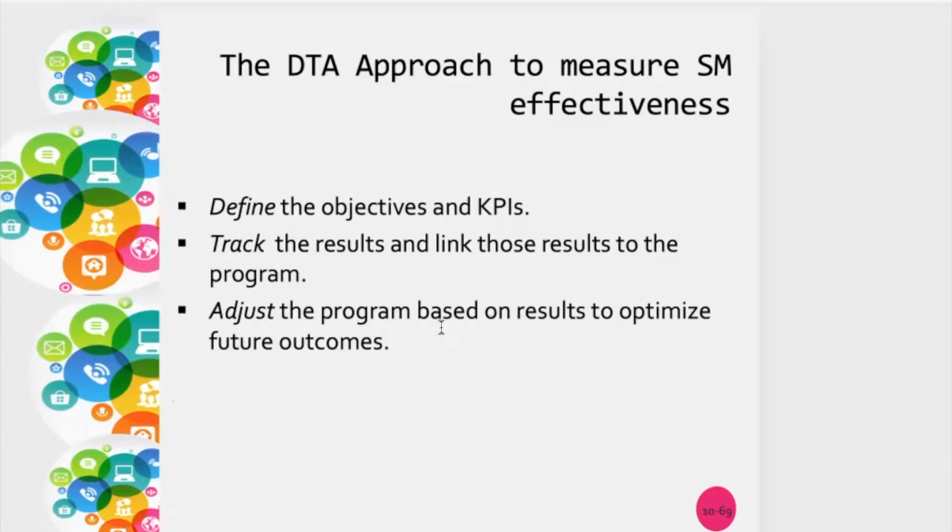For example, if your objective is to increase brand awareness from 50% to 60% and you only achieve 50%, then you have to adjust because actually the tools you used were not optimal. But that's